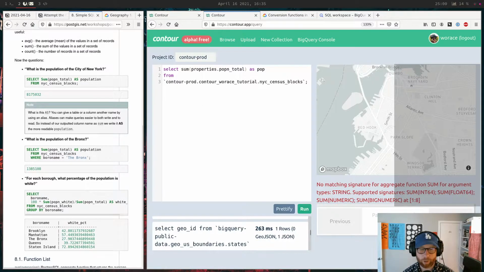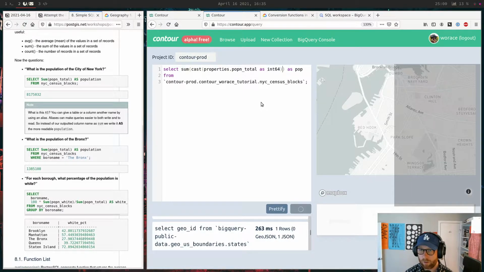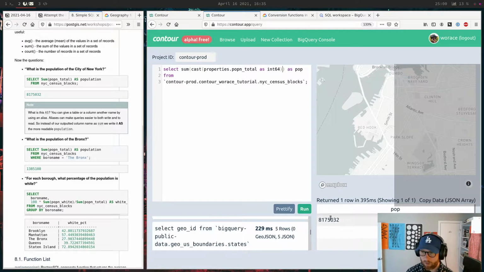Yeah, when I'm exporting into BigQuery for now, I'm not handling the types of all the different things besides the geography and the properties, or just like a big string map. So I'm going to have to cast these basically. They're just in there as strings. I think what you do is cast as int 64. I had to do this earlier. Let's see, what does it say for the total population of New York City? $8 million or so, which seems about right.